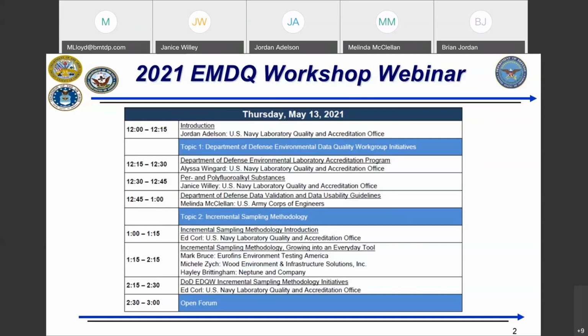Now we're going back to a brief discussion on the ISM topic. If we find an exceedance at a central source, for example, sampling unit 1, within a decision unit of multiple SUs, but the surrounding SUs are less than levels of concern, does one need to clean up the entire DU or only SU1?